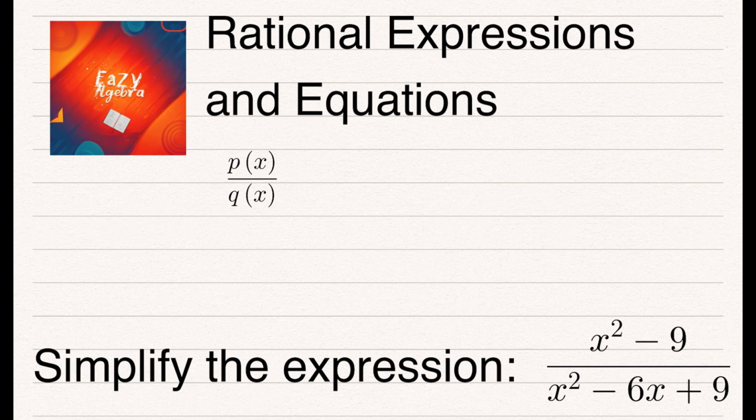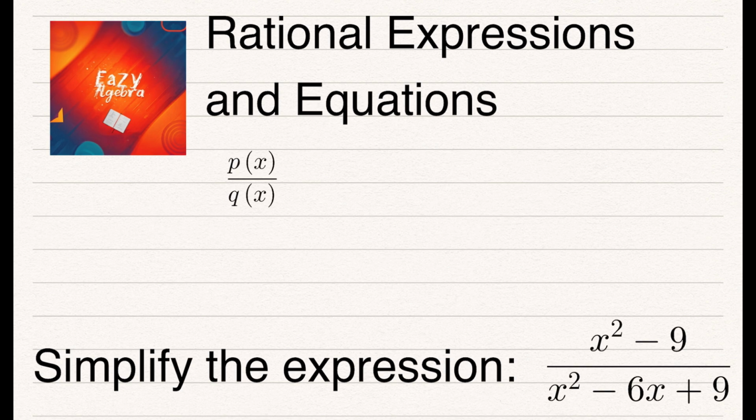So, if we think back to our knowledge of polynomials, when you multiply two polynomials, you get a polynomial. When you add two polynomials, you get a polynomial. But when you divide two polynomials, you do not always get a polynomial. And that's what we're looking at here. We have a rational expression, something that doesn't come out to a polynomial when you divide